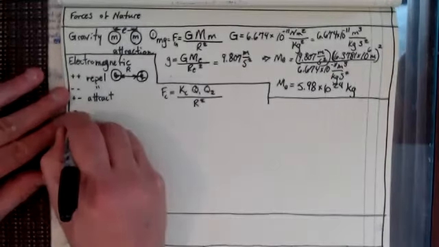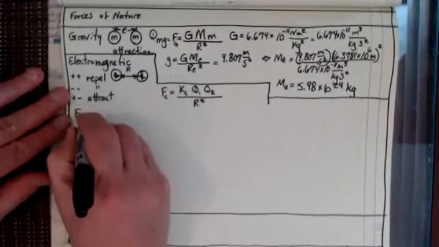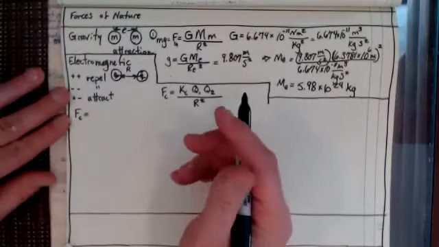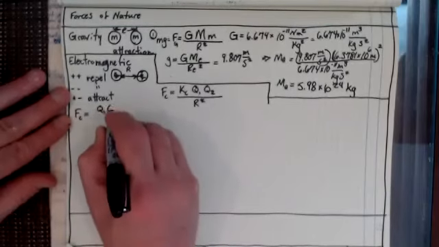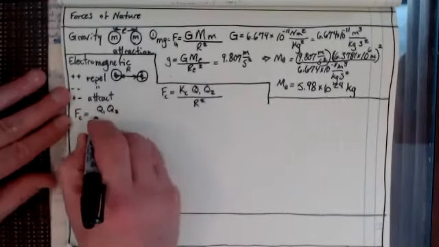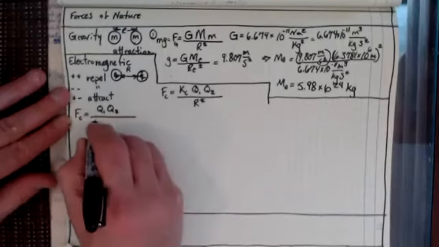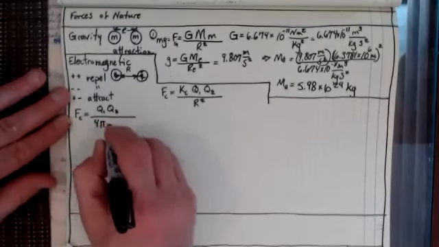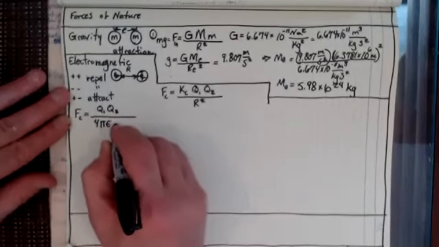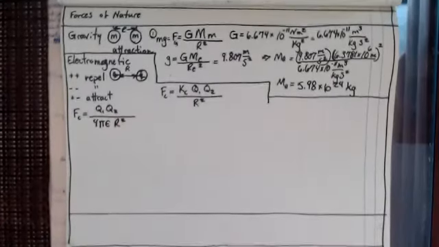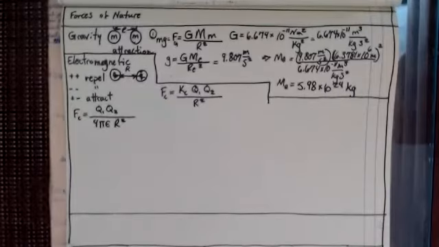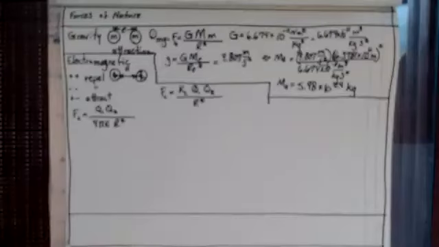But here's the real equation. Let's write that down there. Force, the Coulombic force of attraction between two charges, is equal to Q1 times Q2 divided by 4 pi epsilon r squared. Now, if we're talking about in outer space,